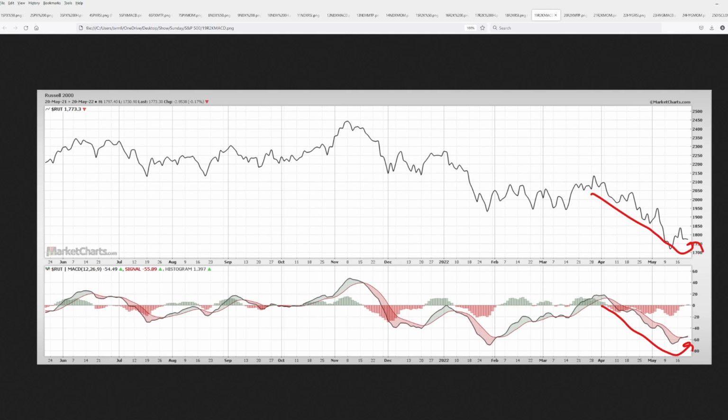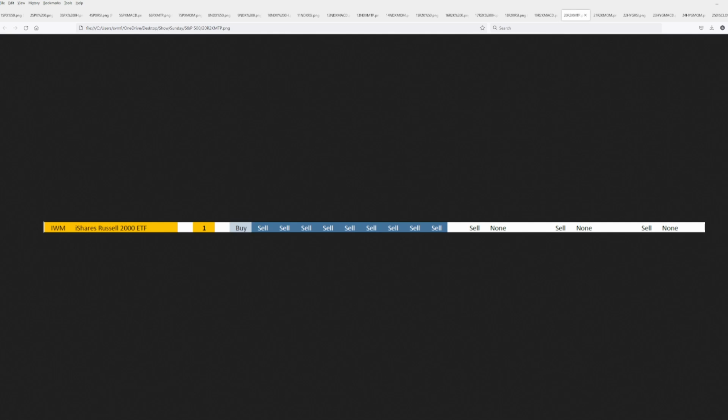But look at the MACD. You notice it's a momentum indicator as well. It's going down, leads price lower. Now it's trying to push price to the upside as the MACD line crosses the signal line. So potentially here, but if this doesn't pull through, it's going to roll quickly back over, and that's where you